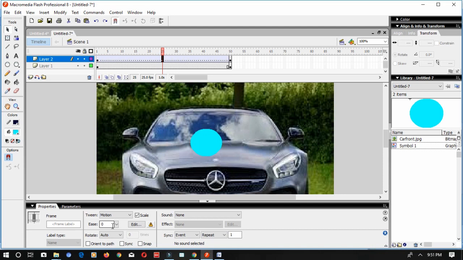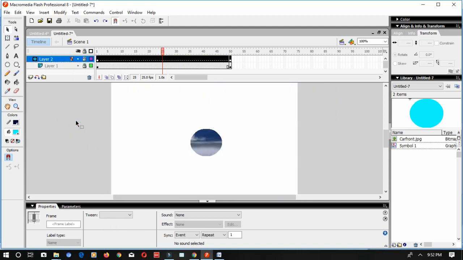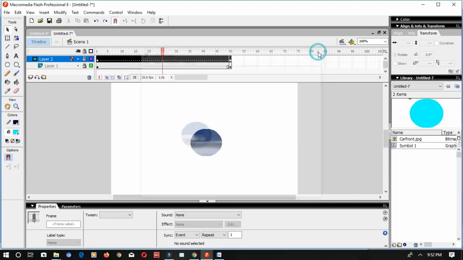After doing that, what should we do? We have to right click and set the second layer as mask. Now you have to play the video. Can you understand? Motion tween is only happening. What we did, we just created a wall behind it to make it masking. Okay children, understood? Let's move on to the rotation with masking.